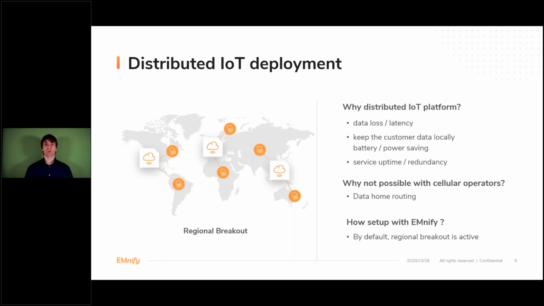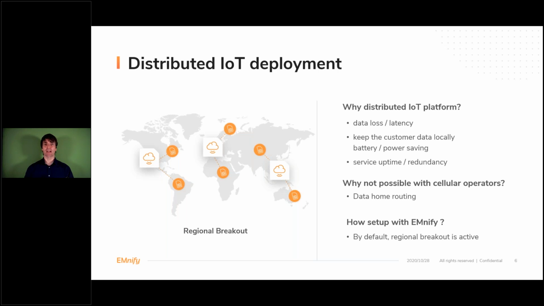Because Amnify has seen that from the beginning, we have deployed our communication platform in the major cloud regions. So we have a breakout region in the US, in Europe, and in Asia Pacific, and we are extending our footprint quarter to quarter, also to other continents, regions and countries. And that allows us to keep the data local.